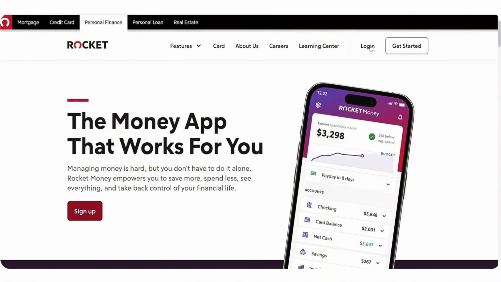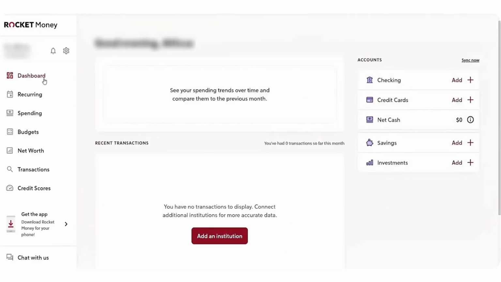First, open your web browser or the Rocket Money app and sign in to your Rocket Money account. Once you're logged in, you'll be taken to the main dashboard where all your connected accounts, spending insights, and subscriptions are shown. From this dashboard, look for the option to add or link a new account, usually under Banking, Checking,